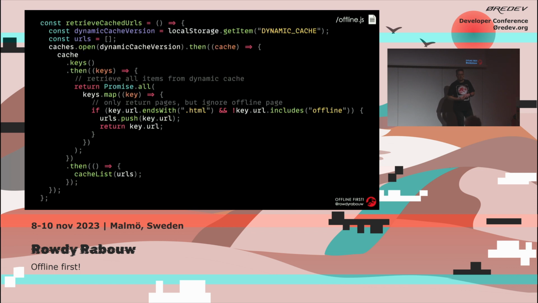All right, still here? Almost done. Don't worry, this is the last part that we need to do. We have the offline.js, and we want to retrieve all the cached URLs that we have in our local storage. So first of all, we're going to get the dynamic cache version to make sure that we know which dynamic cache we need to target. We're going to open the cache, and